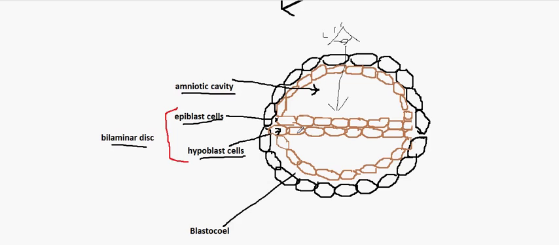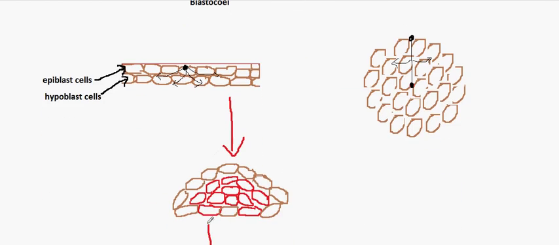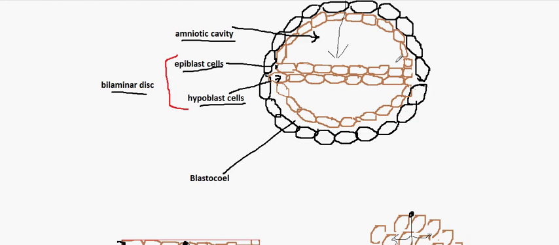So to understand the structure completely, we need to put the bilaminar disc inside this structure and move on to understand the later stages. To do that, I will pause the video and put this roughly drawn structure over this bilaminar disc,